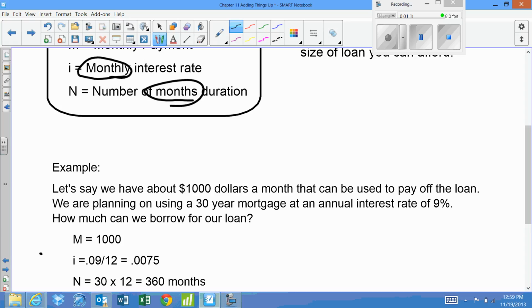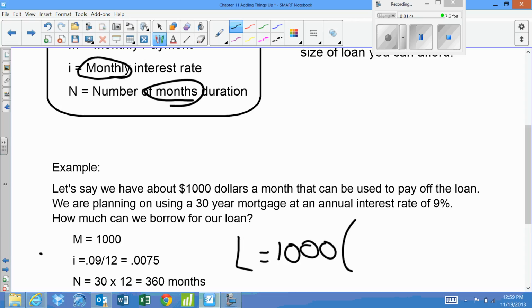And then our annual interest rate is 9%, so we need to take our 0.09 and divide it by 12 to get our monthly interest rate, which is 0.0075. Now that we have everything we need, we can figure out our formula. And our formula was that our L, which is our loan amount, equals our monthly payment